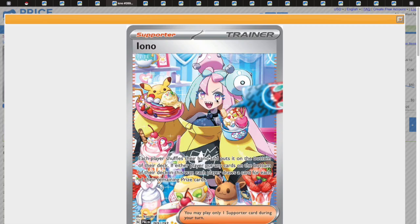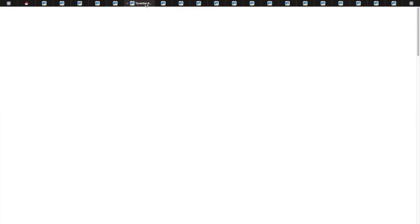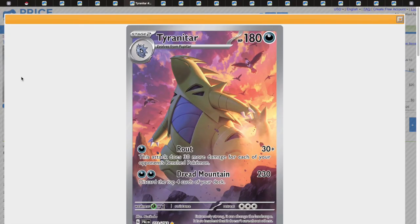This one is also really famous and loved by fans because of the artwork. And if you guys didn't know, the Japanese market really loves their female trainer cards or waifu cards. So because of that, that card has a good value in the long term. We have the Tyranitar. This is just an art rare or illustration rare. In terms of rarity, it's not too good, but people love it for the artwork and how good the Pokemon